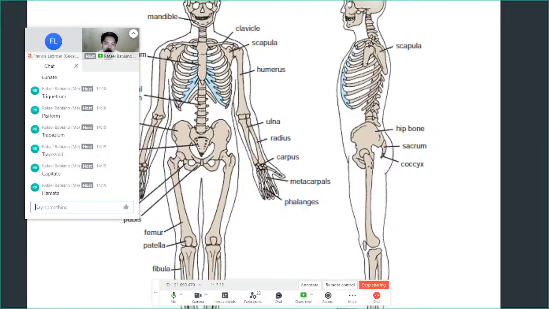Now, your phalanges, they don't necessarily have names, but an area. So, you already know the proximal and distal, right? Again, proximal, harani, distal, harayo. So, here, these are your proximal phalanx or proximal phalanges. Proximal, proximal, proximal, proximal. The middle is by the name middle. Middle phalanx. Middle, middle, middle, middle. Okay? Distal. Pinakarayo. Distal, distal, distal, distal. The thumb has no middle. So, proximal, distal. Okay? Easy lang. And the carpals really do have names.